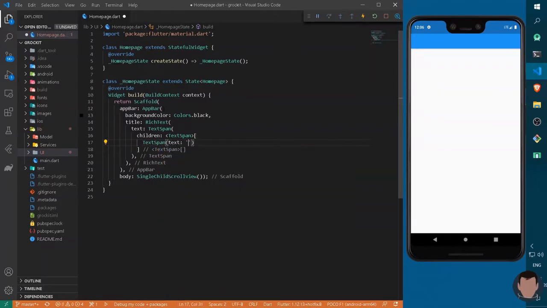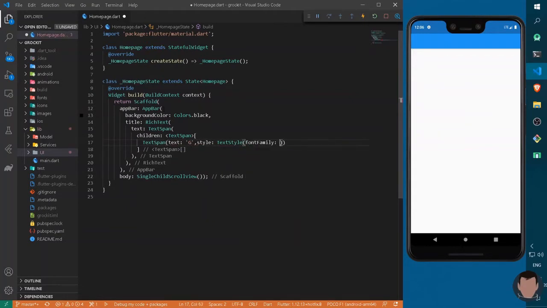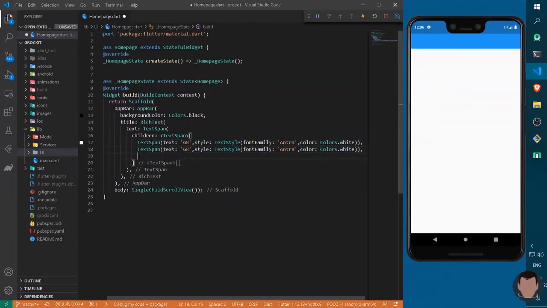Let's get some text, say G. We can also style it via text style, having some font family of Andra, as well as a color of, say, Colors.white. We can type a GR and just copy it once, paste it here and paste it here. Now we just want our O to be in a different shade, and I can write here GKIT.